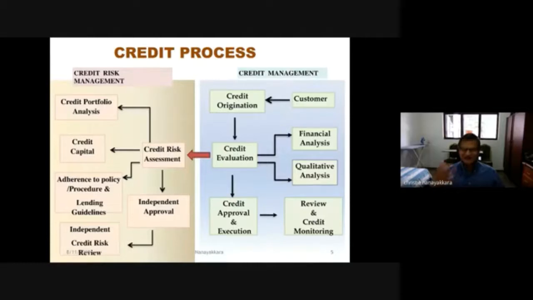You have also heard this word, capital adequacy, of the bank. Adequacy means whether we have enough. Capital means the equity we hold. So the central bank has also put certain regulations: banks should maintain